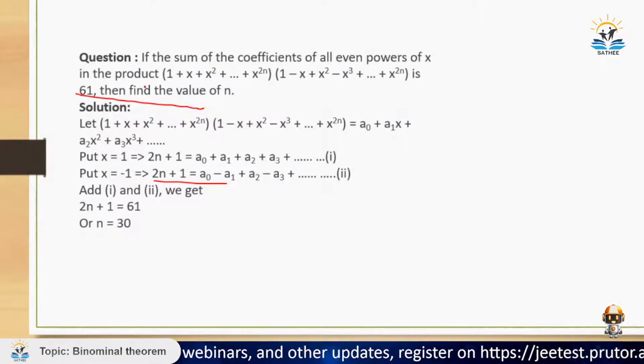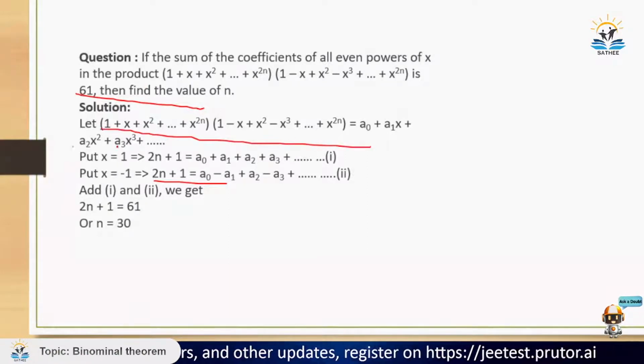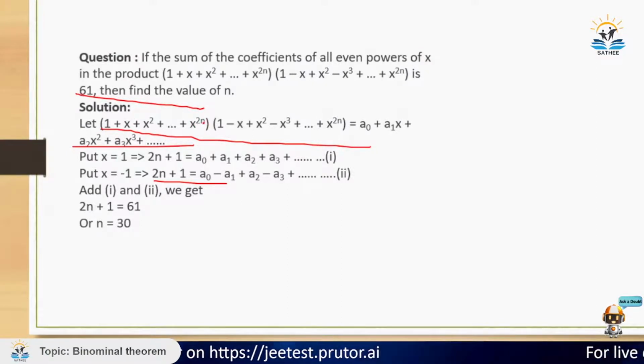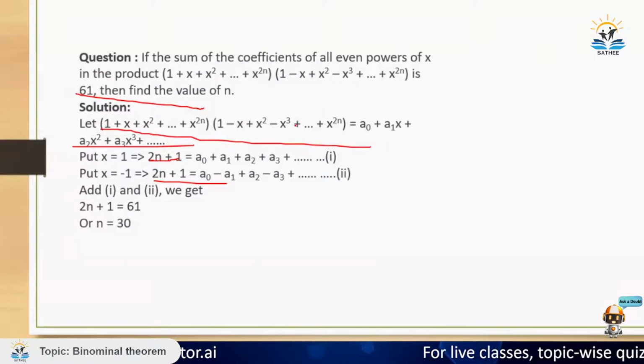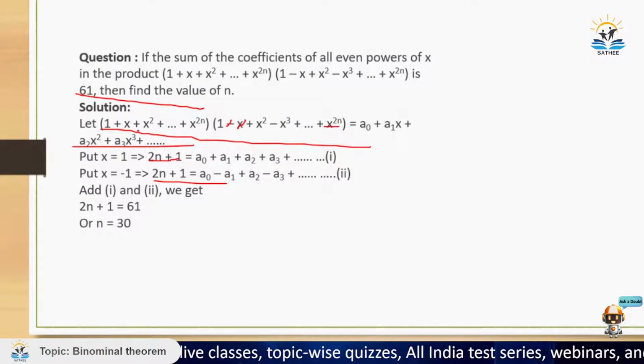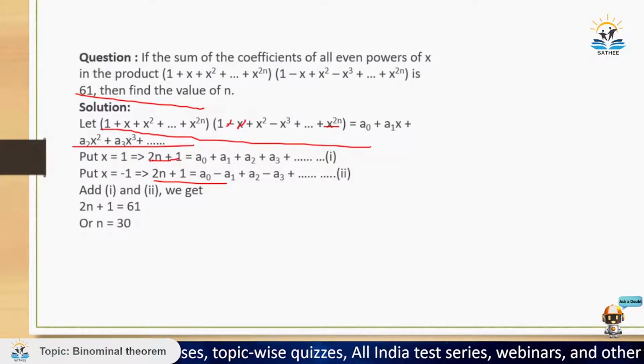तो मैंने क्या किया, मैंने इस एक्सप्रेशन को लेट किया a0 + a1x + ... के बराबर। तो जब मैं x को 1 ले रहा हूँ तो यहाँ पे मुझे मिलेगा 1, कितनी बार मिलेगा, x की पावर 1 से x की पावर 2n तक जा रहा है, तो मुझे 2n+1 बार 1 मिलेगा। सो (2n+1) × 1 वुड बी 2n+1 ओनली, और यहाँ से ऑल्टरनेट प्लस माइनस 1 होगा तो वो कैंसिल हो जाएगा, तो यहाँ से मुझे मिलेगा 1 - 1 + ..., यहाँ से कितने 1 मिलेंगे, 2n, आखिरी बार मिलेगा 1। तो बेसिकली सारे वन्स कैंसिल हो जाएंगे, सिर्फ लास्ट वाला बच जाएगा। तो बेसिकली यहाँ से मुझे मिलेगा (2n+1) × 1 = 2n+1।